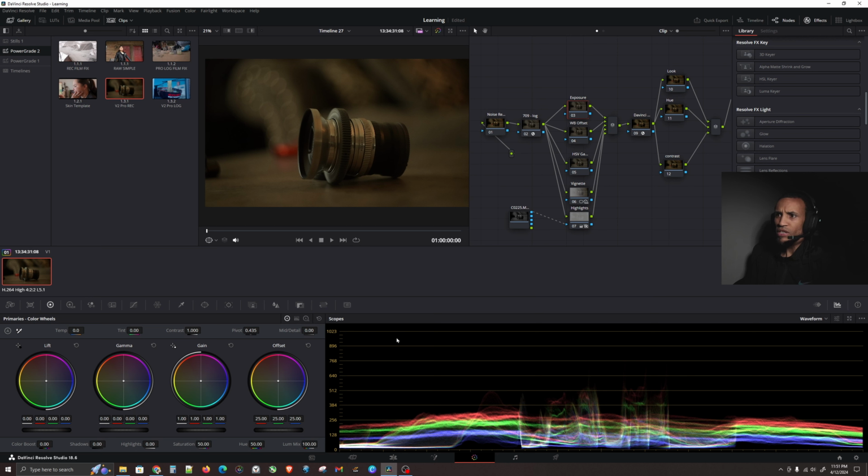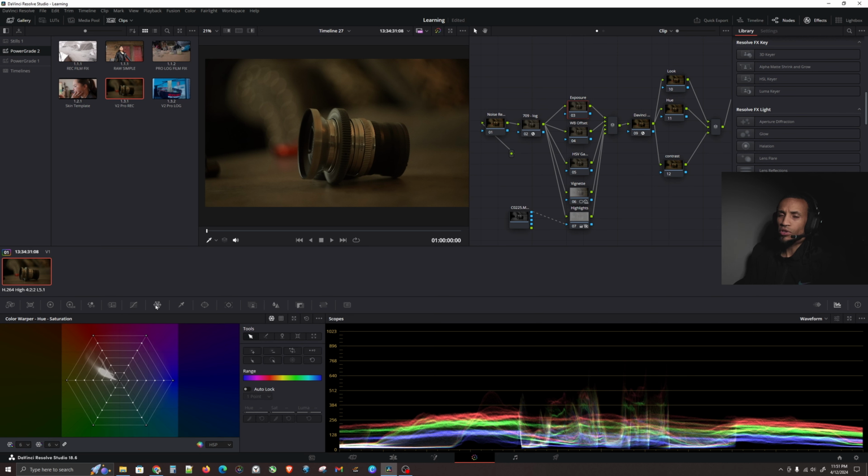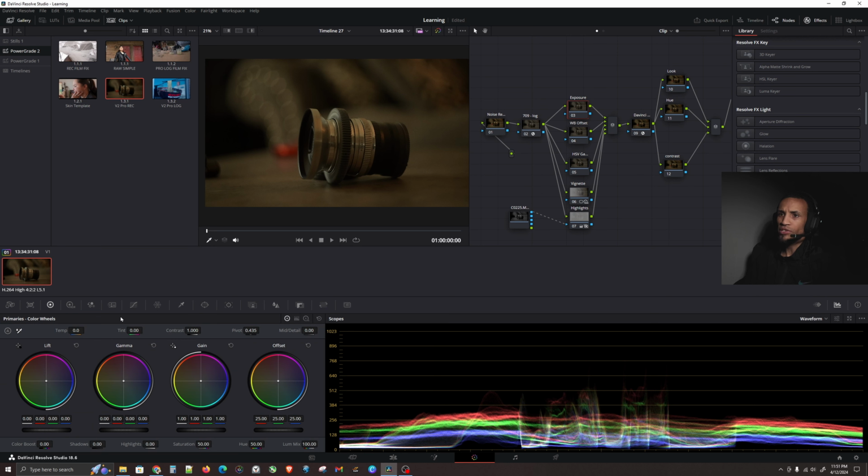So if this ever happens where you're missing a lot of stuff, you can actually get a lot of these things back by simply clicking on certain things. So you can click on your waveform, that'll give you back your waveform right here. Let's say you are missing your hex, your color, or your color warper, you can click on that here, and so on and so forth. But if you actually want to bring everything back to the way it normally was, you can also come up here to